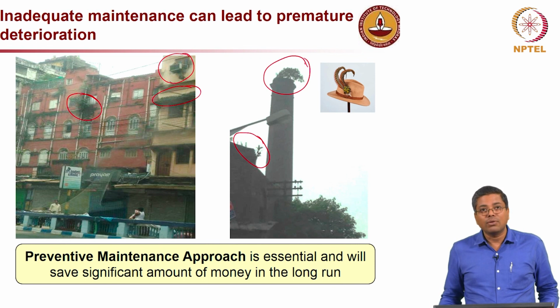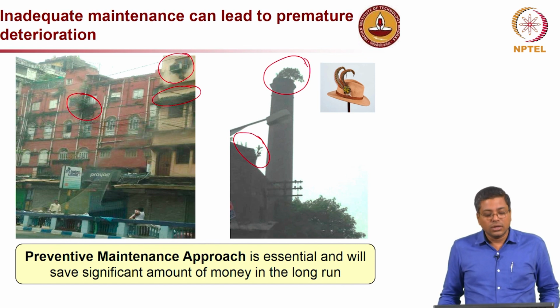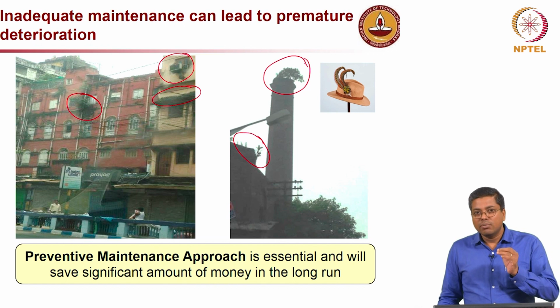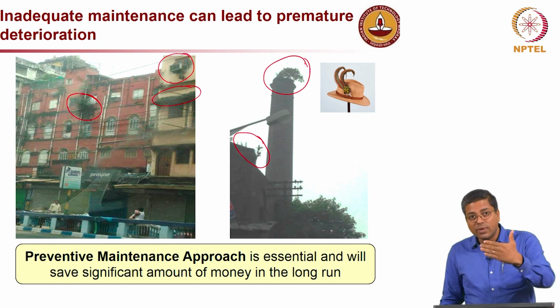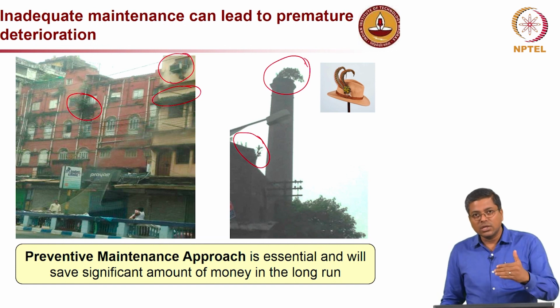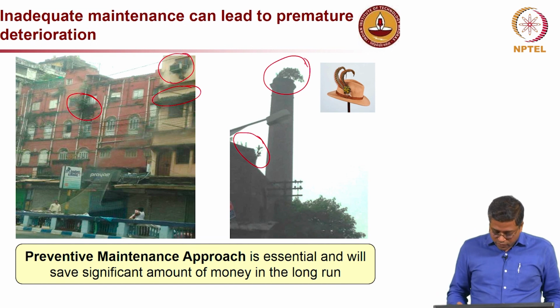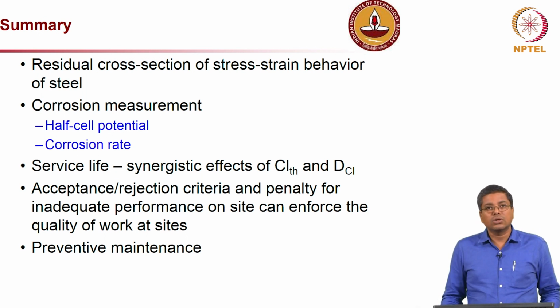So, we really have to stop these things from happening. Routine maintenance is very important, and preventive maintenance means maintaining the structure and doing things by foreseeing what will happen in future, to prevent those deterioration mechanisms from happening. Okay. So, to summarize, today we discussed residual cross section,